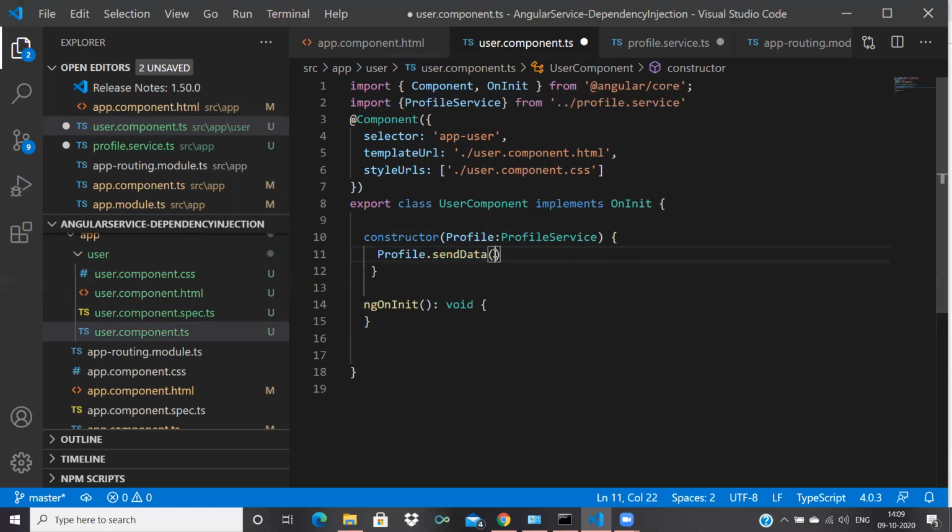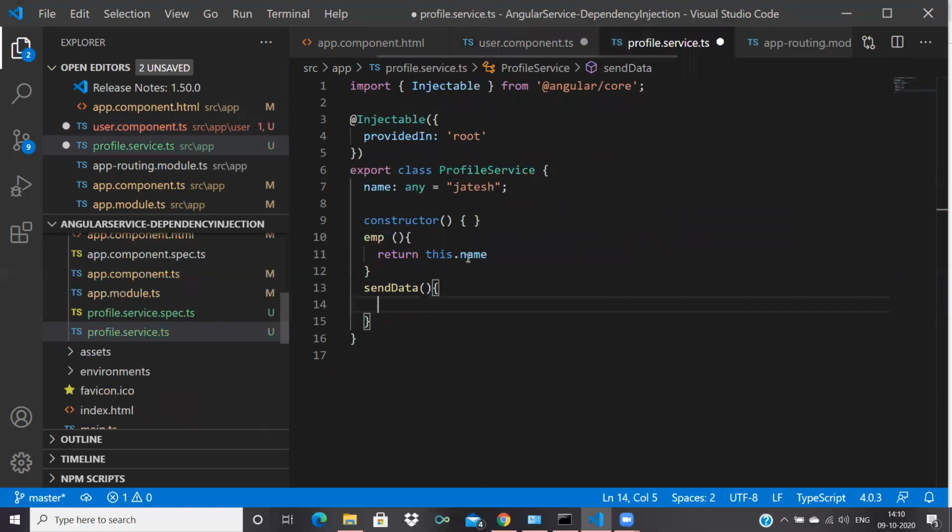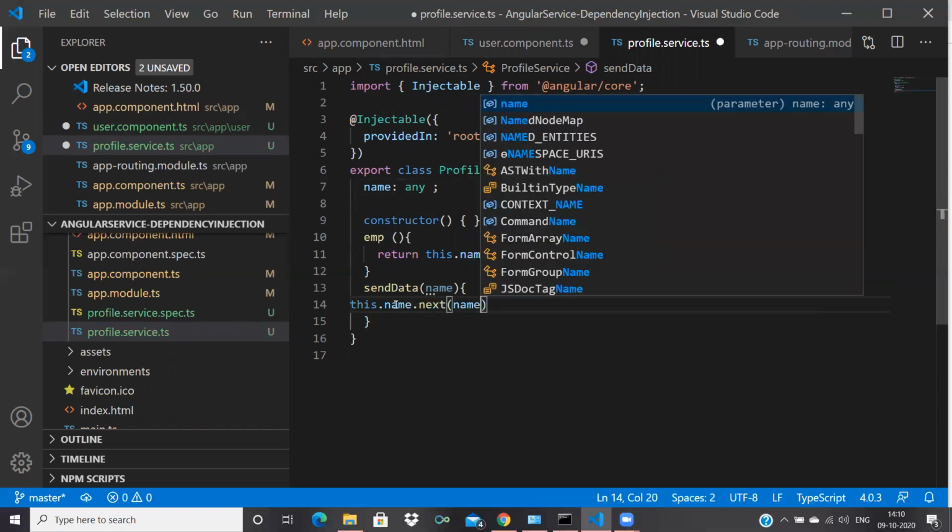Here in send data I'm sending my name is Jatish. From here I'm sending data. Here I'm passing data to the service as a name. I'm taking the value here, name, this dot name dot next as a name.